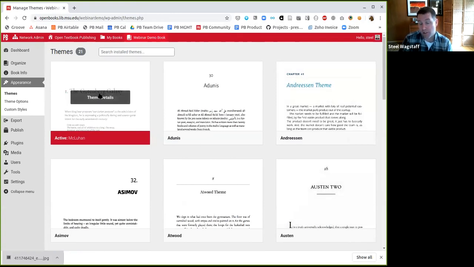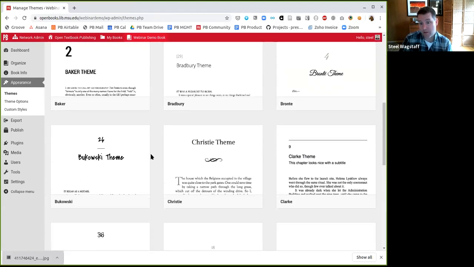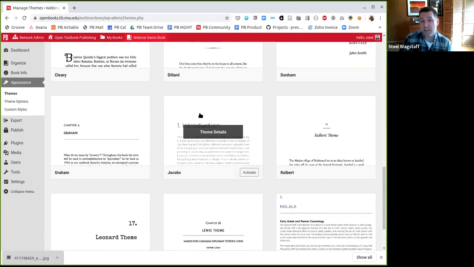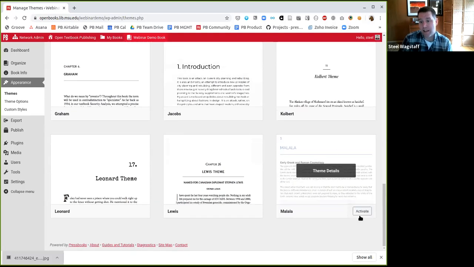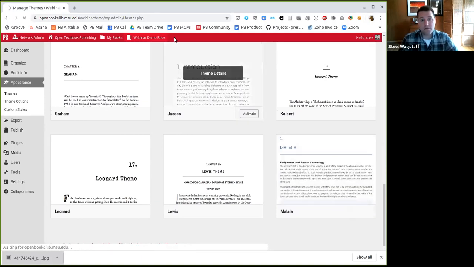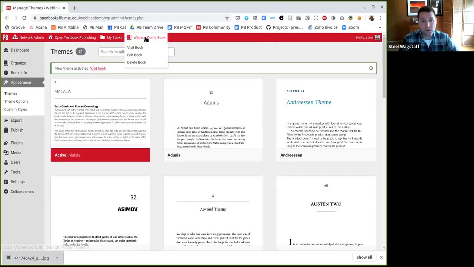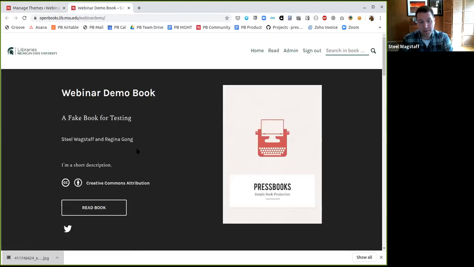Our book is using the McLuhan theme, but there's 20 other themes that you could use. They all look different, and you get a sense for the preview. In this case, let's say I like Malala a lot. I'm going to activate the Malala theme, and it will change the appearance of my book. So if I go and look at the chapter that I was looking at before,